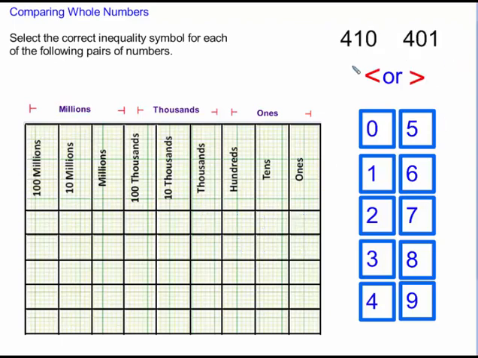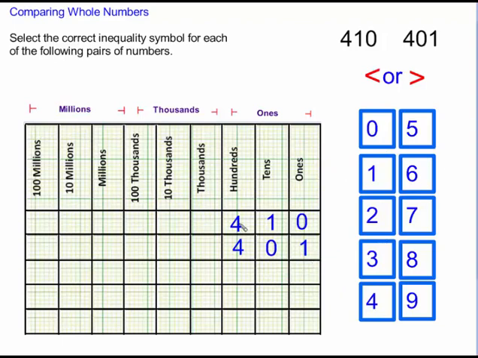Let's do another example. In this example we are to compare 410 with 401. Because both numbers have 3 digits, I will be filling up the rightmost 3 cells in my place value chart. Let me drag a 4 in the hundreds place, and then a 1 and then a 0. The number 401